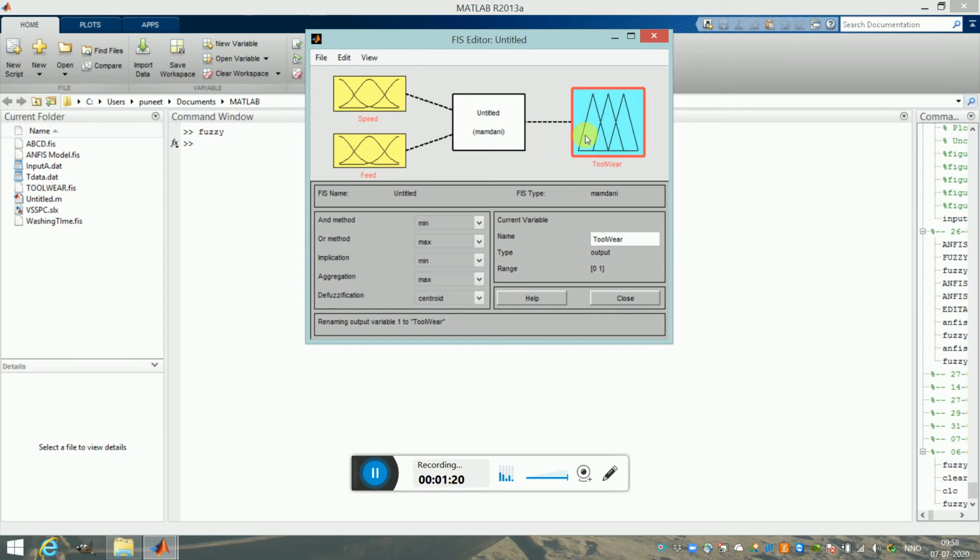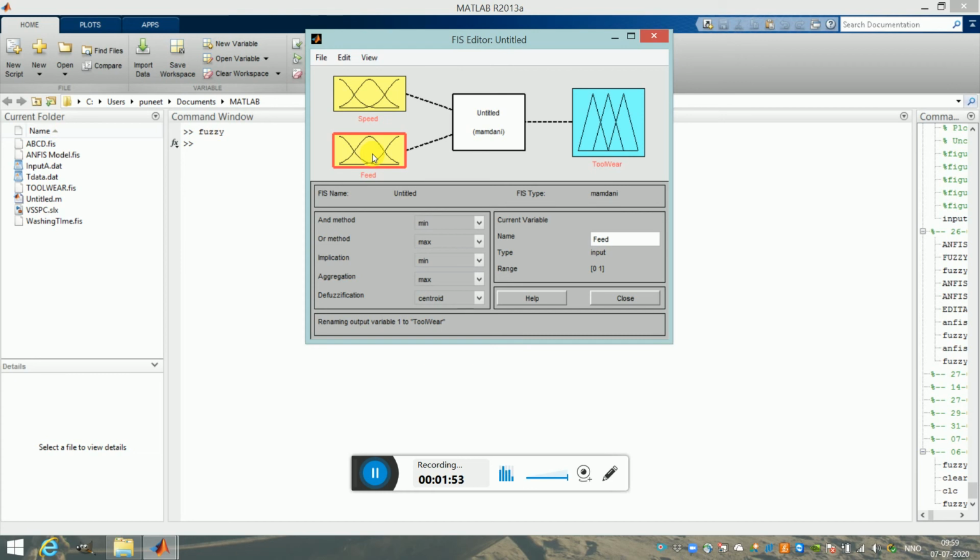Output is tool wear. In this model, by changing the speed and feed, I will be able to predict how much the tool wear will be. This is what this model will do. This model will predict tool wear when I change speed and feed. In order to create this model, you perform the experiments, then you have experimental data with you.